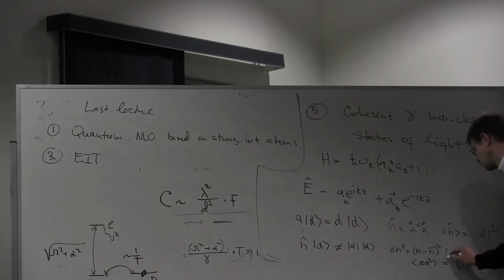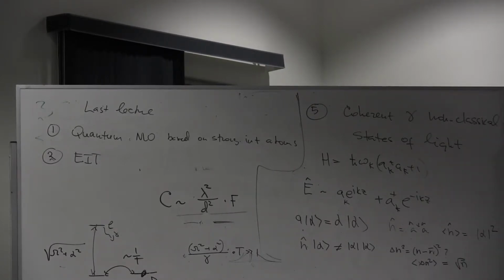Is it? It's just n. It's just n, right? It's because I'm looking at the square. If I take a root, so it's just n. So, okay, so the reason is